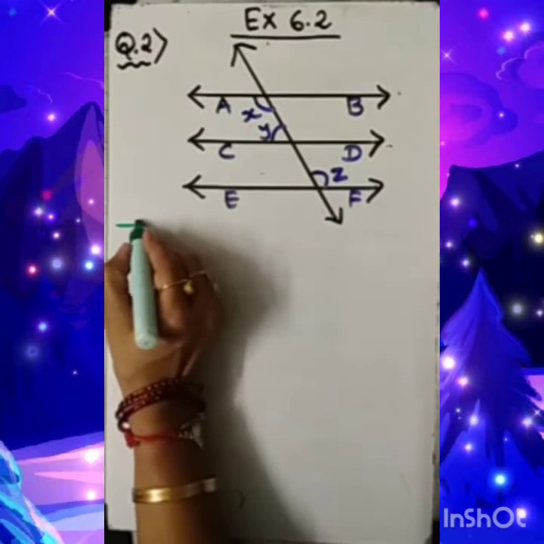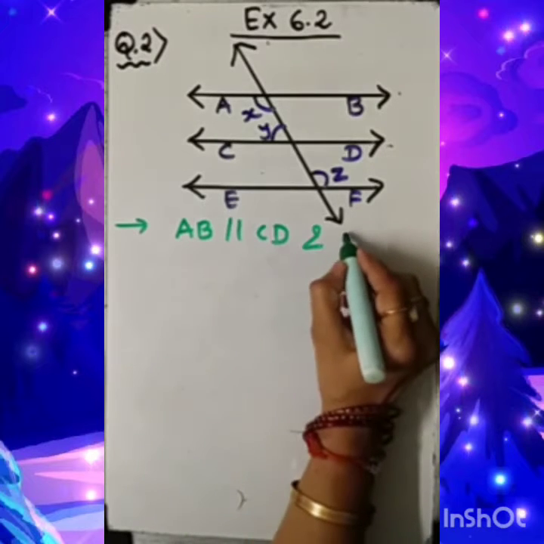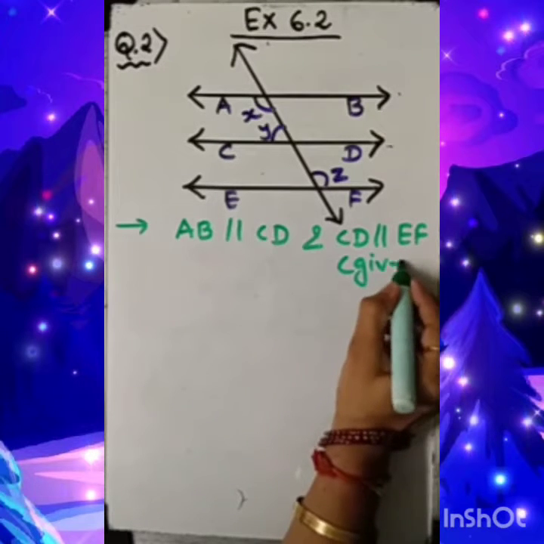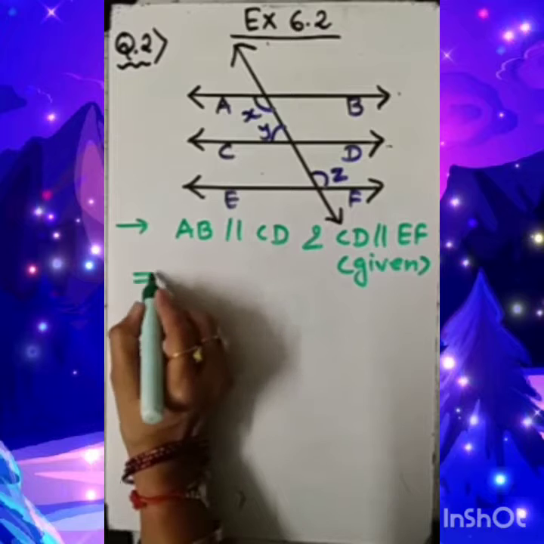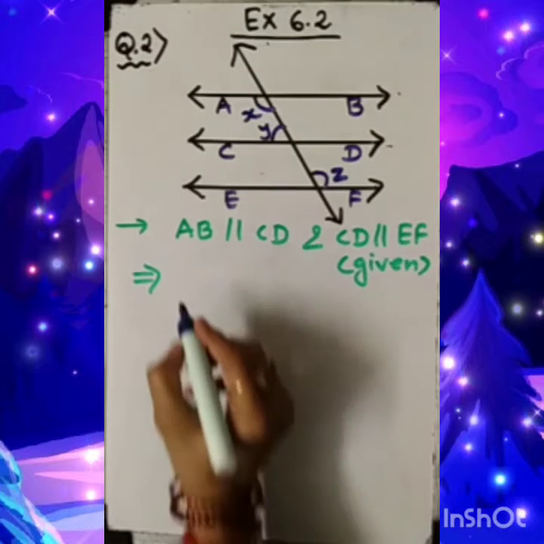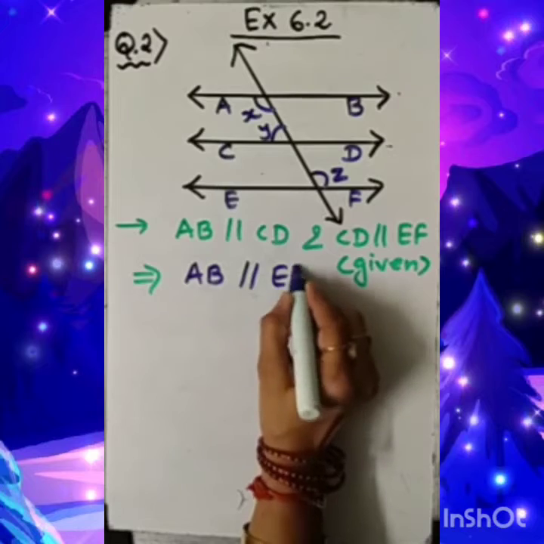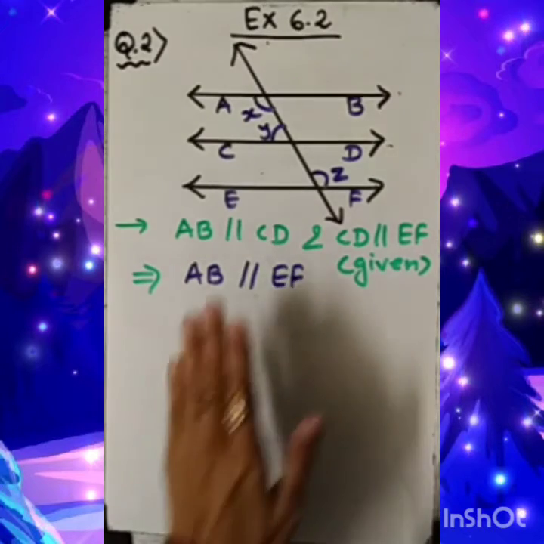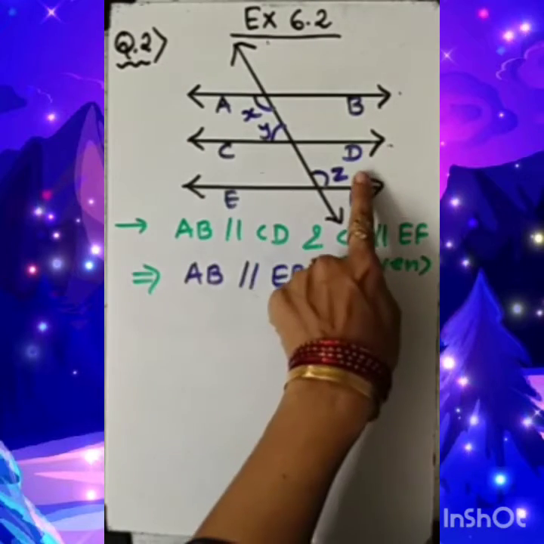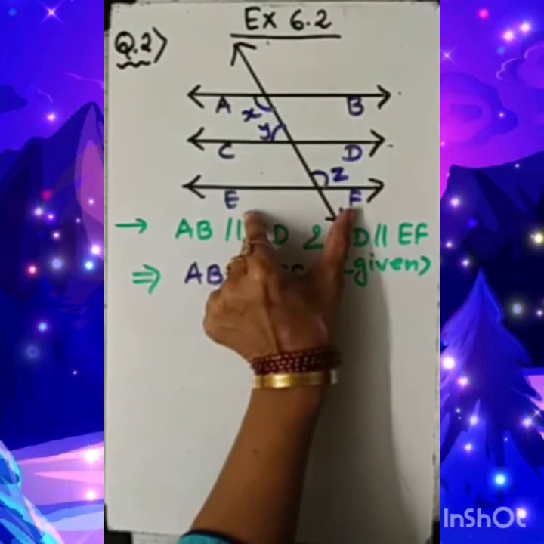Let's note down. Here we are given AB parallel CD and CD parallel EF. Okay, this we are already given. So let's note this down. And this gives one important result. If AB parallel CD and CD parallel EF, then I can say that AB parallel EF. Got it? And for a while, think that CD is not given. Forget this CD line. Then I can say AB parallel EF directly.